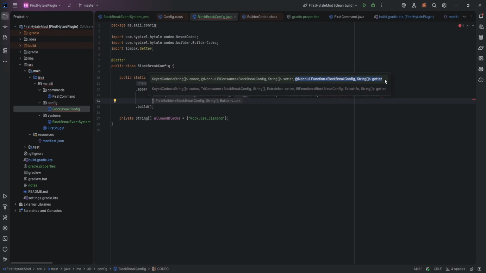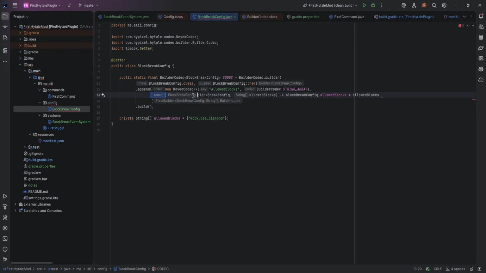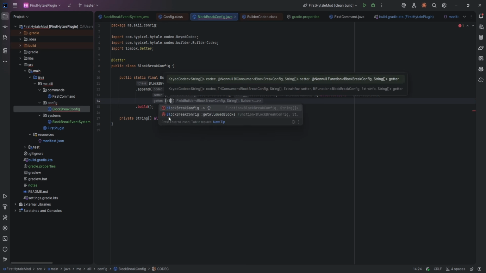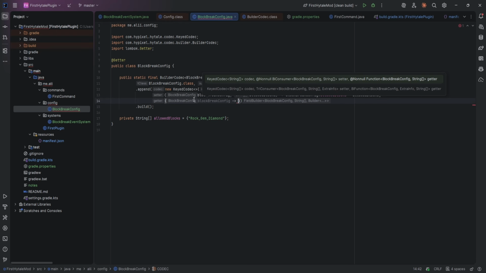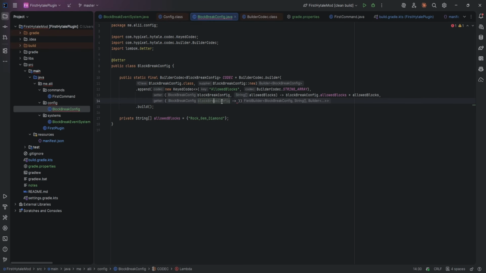Next, it looks like we need a getter. This one was a setter. It tells the codec how to set our variable from config to the one in our code. And then this one's a getter. It tells the codec how to get our variable. And what we're going to do here, again, is have parentheses, and we need to define a variable one more time. And this variable is going to be our block break config, and we're going to type block break config,